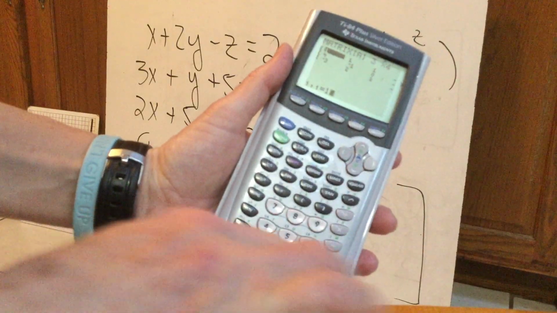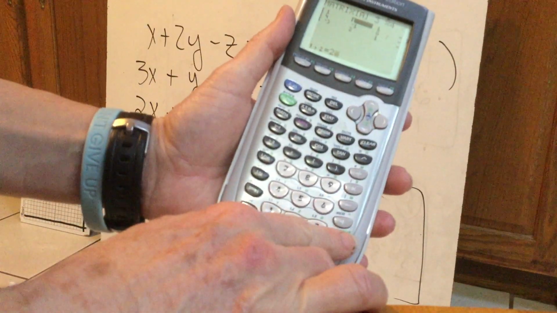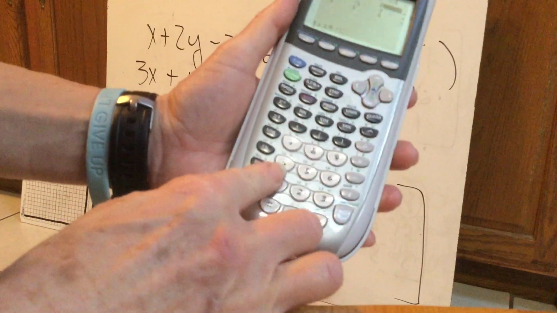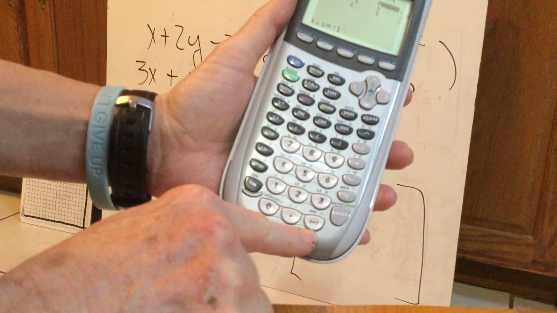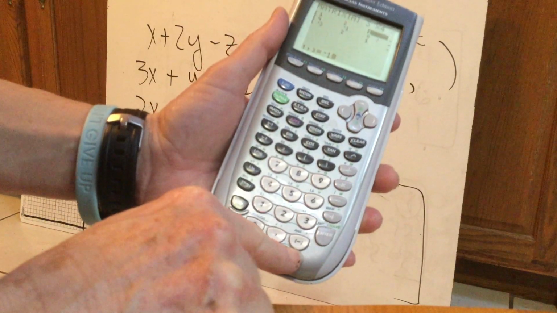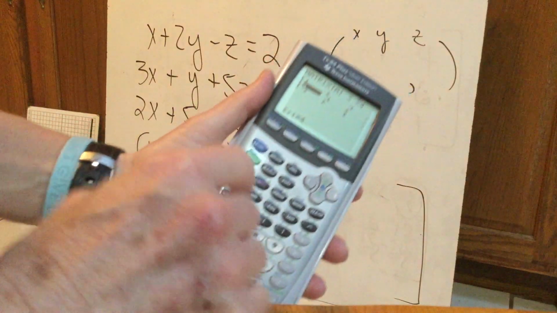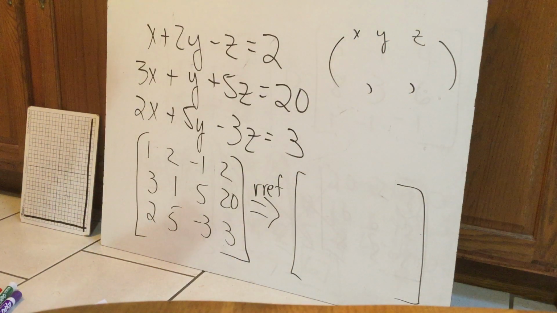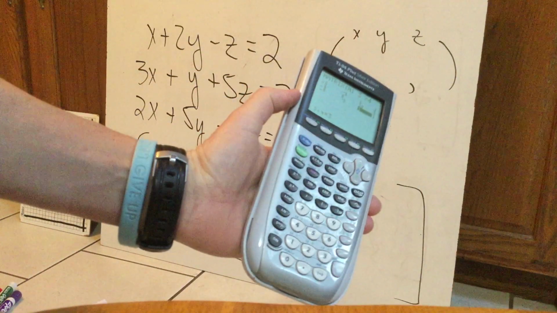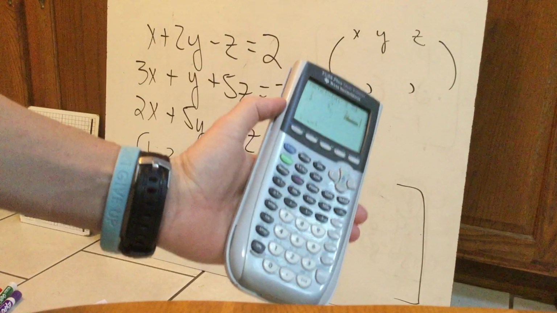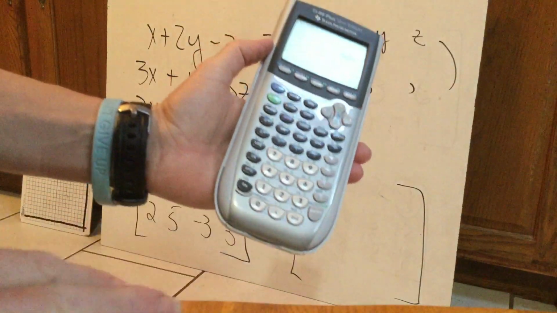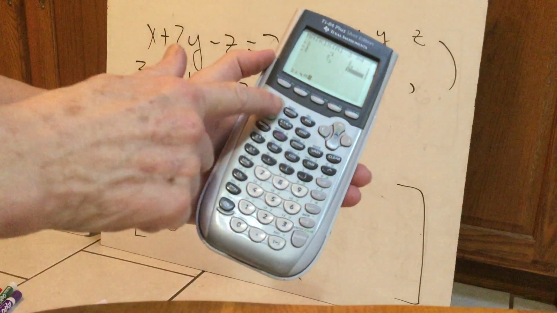Simply type in your new numbers right on top. So I'm going to type 1, enter, 2, enter, -1, and I'm really careful to use my negative button here, not the minus sign, and 2. Now my top row's in, so I'm going to do the same thing for the next row. 3, 1, 5, 20, and 2, 5, negative 3, 3. It's very simple, guys. Just type in the number and hit enter. Now, once you have the last one in and you've pressed enter, then remember we second quit,